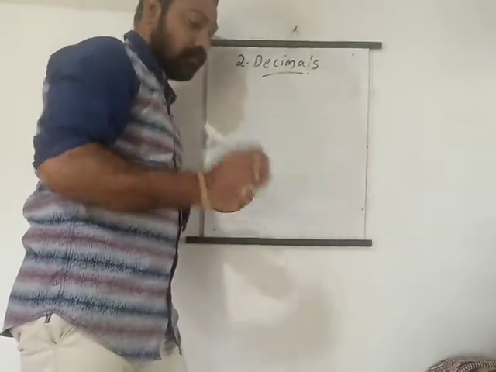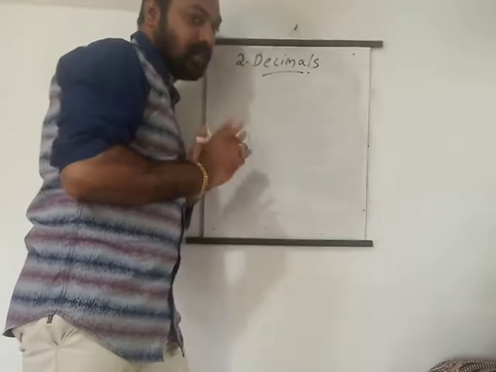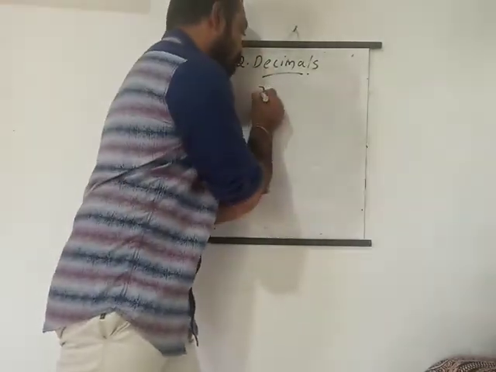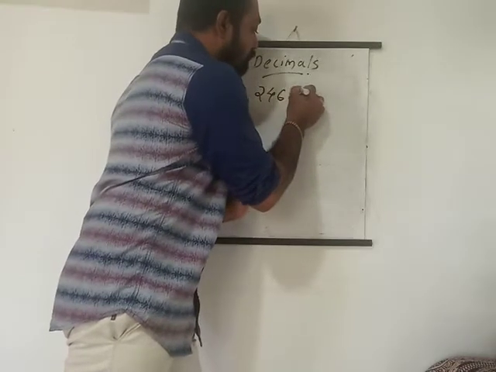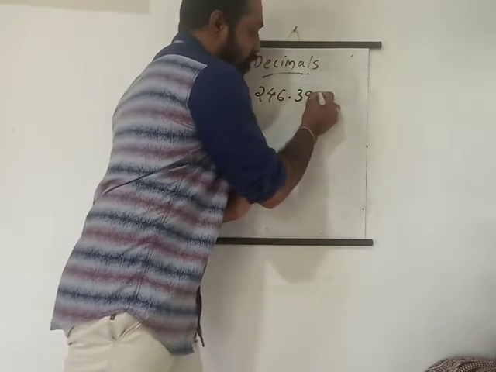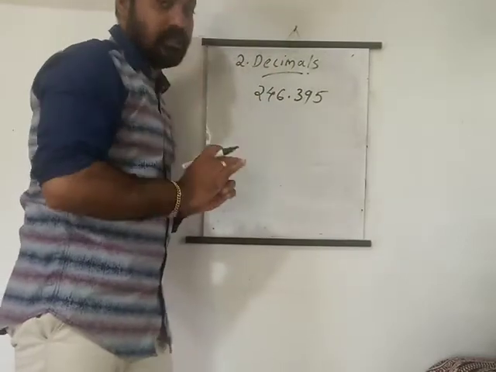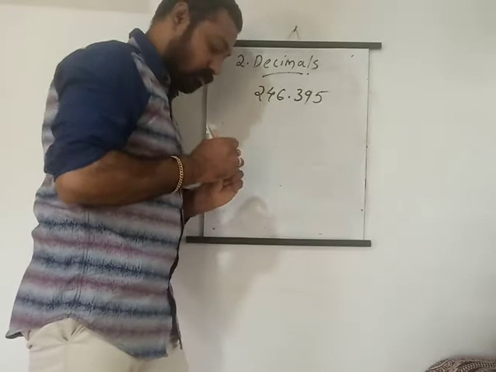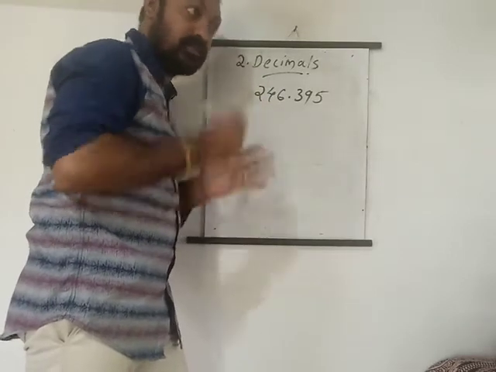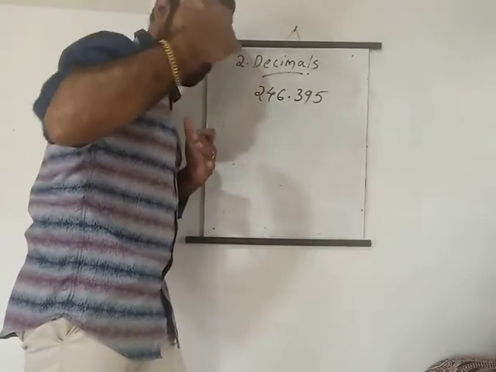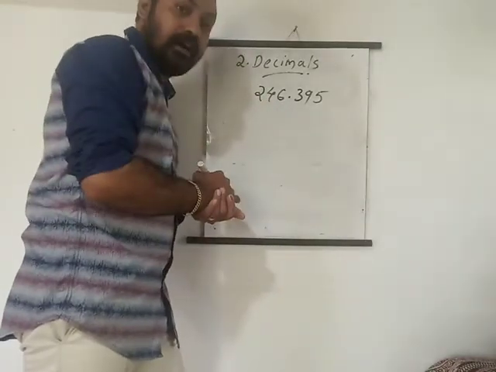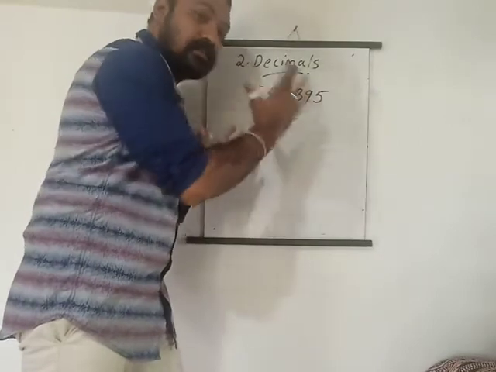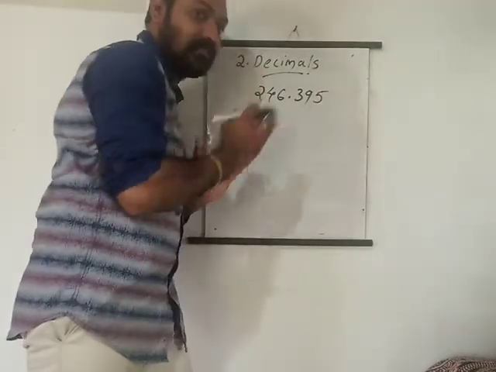Okay. So in the decimals chapter, the decimals are actually represented this way. Maybe you notice that. For example, a number 246.395. The basic thing in this chapter, how to read these decimal numbers, is very important. Still, some students, that means even adults who are studying in higher classes, read these numbers with mistakes.